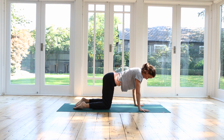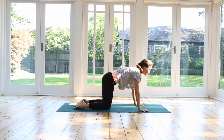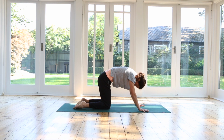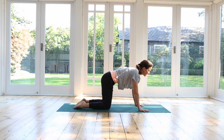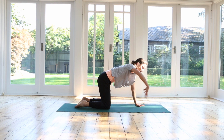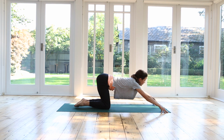Inhale, lengthening the spine, arch your back. And exhale, rounding your spine. Inhale, lengthening. And exhale, rounding. Inhale, take a big step with your hands to the corners of the mat, stretching the arms out forwards, and